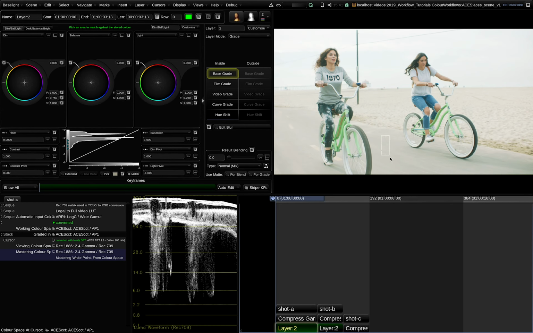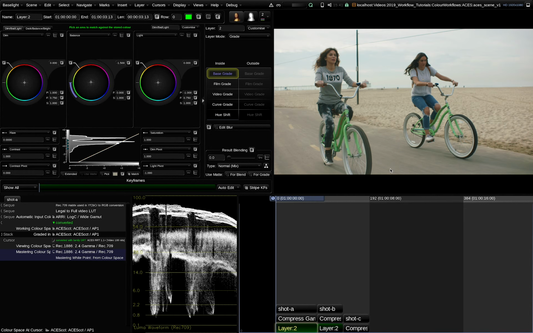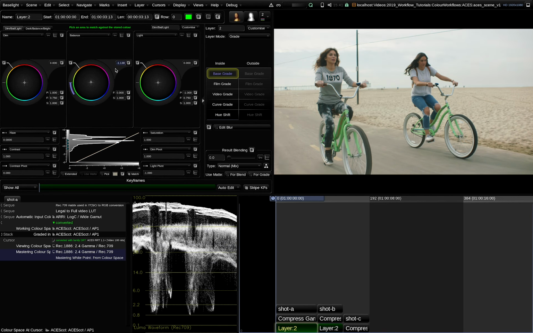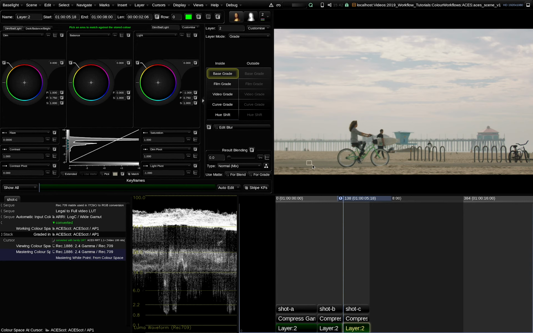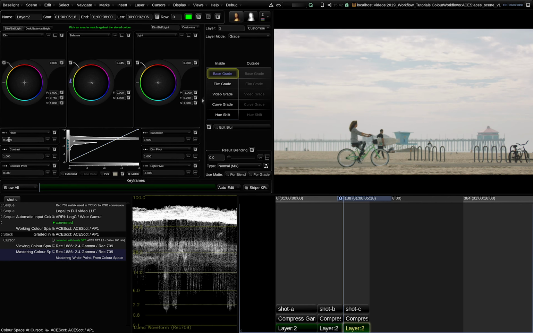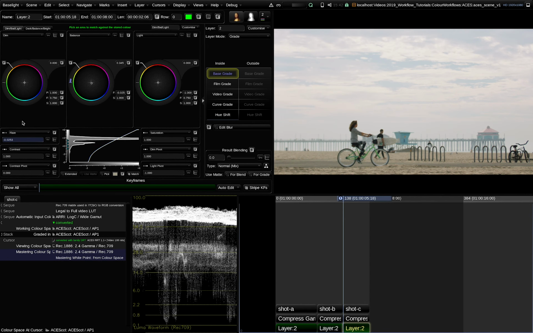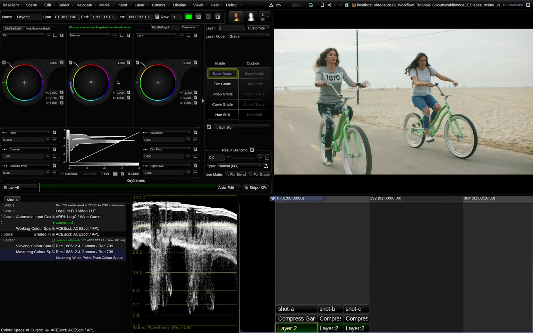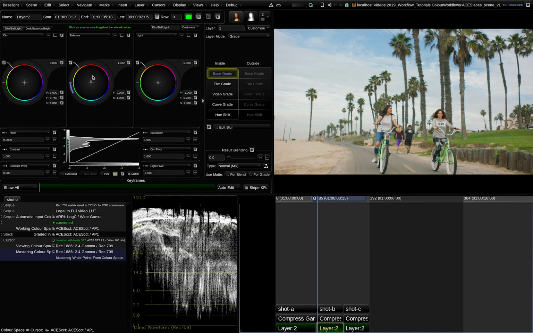Picking here, match here. I might need to adjust a little bit the exposure. And match here. On this shot, I might lower also a little bit the exposure and also the flare value. Note that adjusting the balance in base grade is similar to changing the white balance in the debayer settings of a RAW shot.